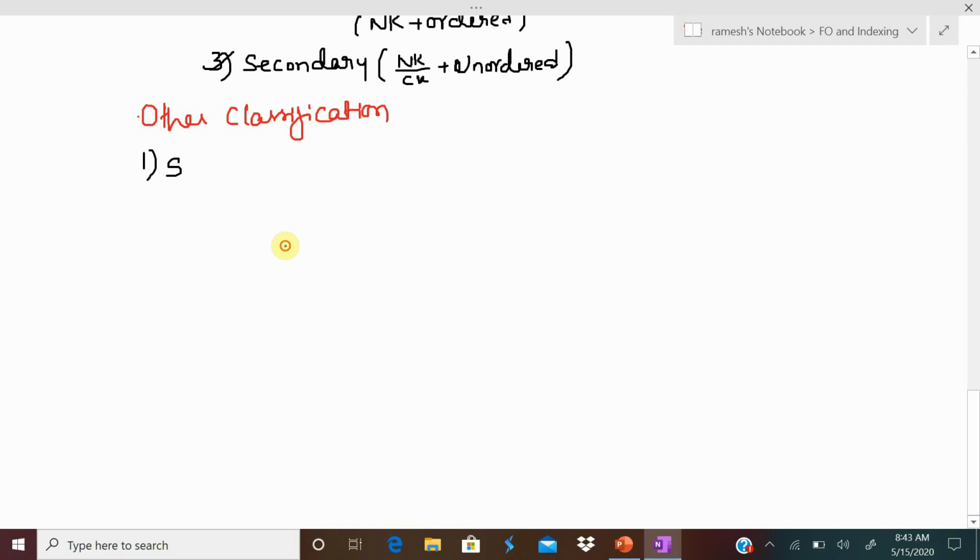First one we call sparse index, and second one we call dense index. Now we'll understand what is sparse and what is dense.